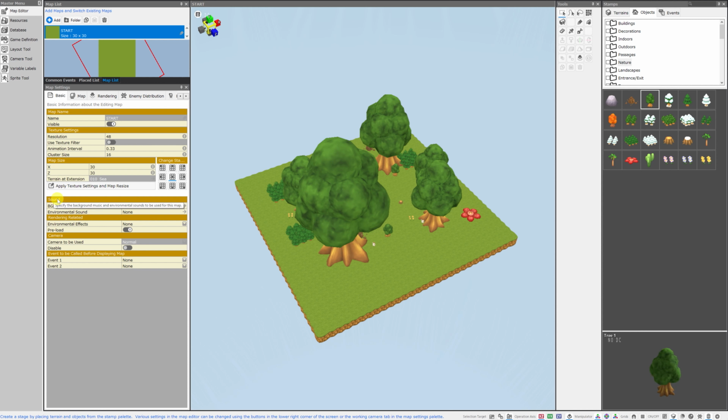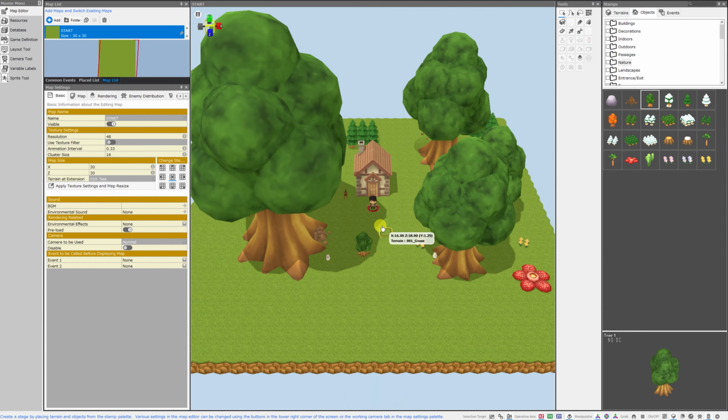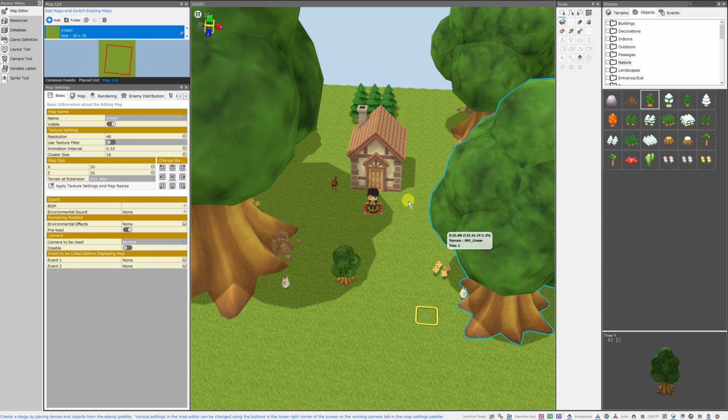Under this, you have the sound settings. You can specify the BGM and the environmental sounds for this map. They will play simultaneously and they can be controlled simultaneously or separately. You can change the rendering related settings, so the environmental effects, as well as whether or not to preload said effects. You can change the camera to be used and select from the variety of cameras that you can create using the camera tool,